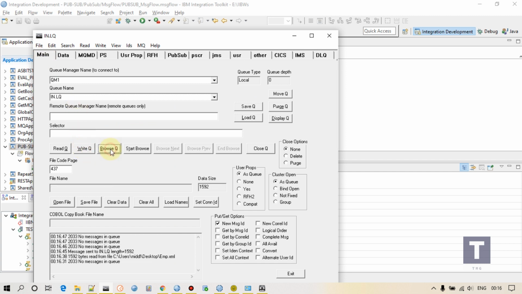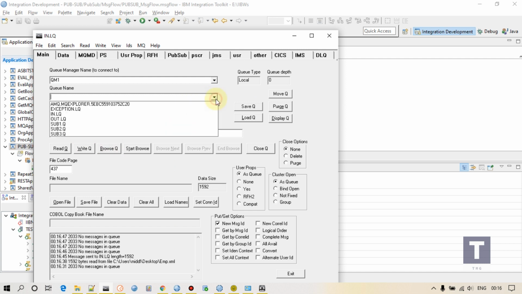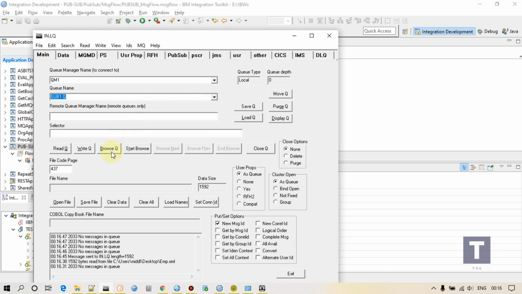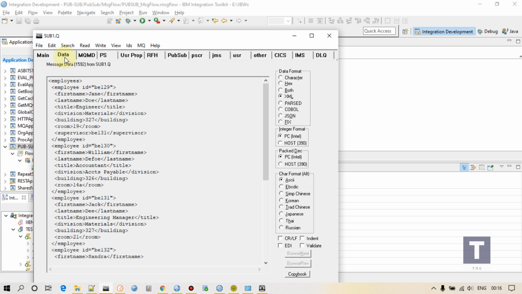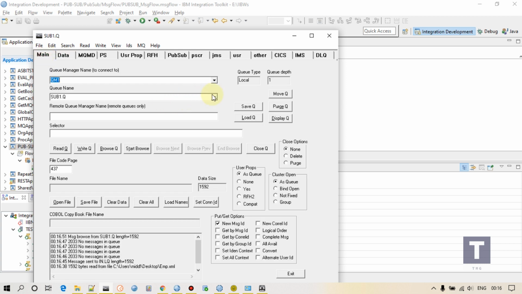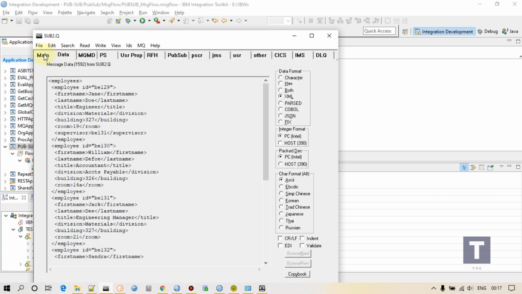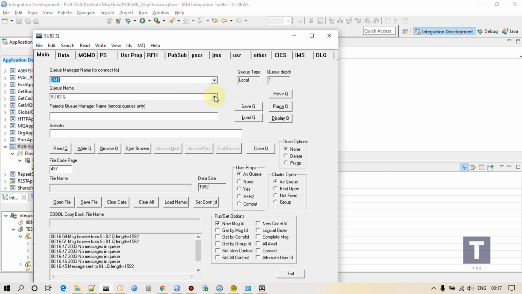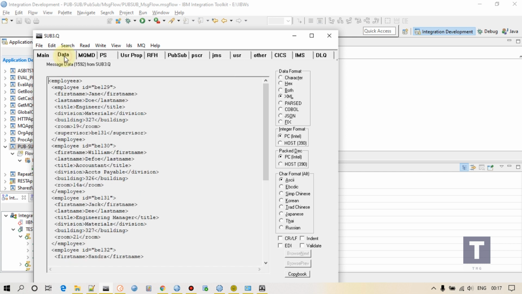See, now let's browse sub1. This message came to sub1. Browse sub2. This message came to sub2. Browse sub3. This message came to sub3.